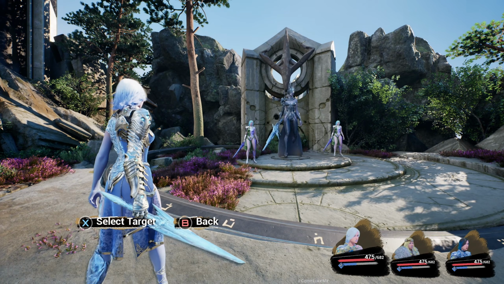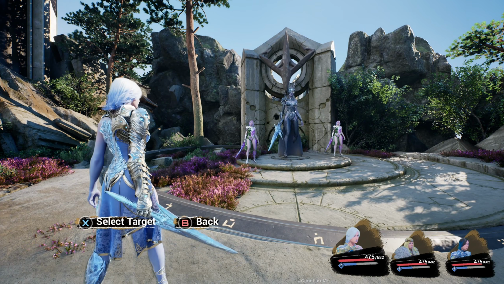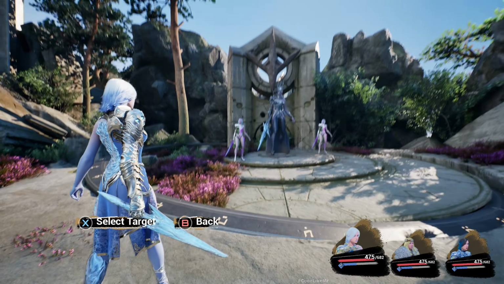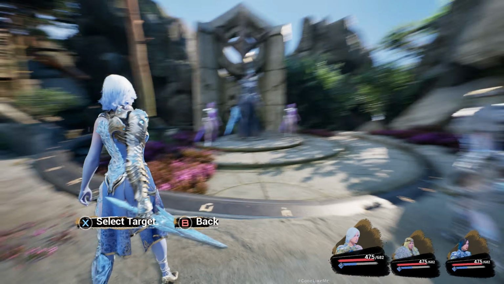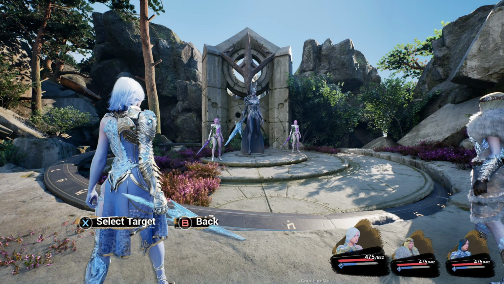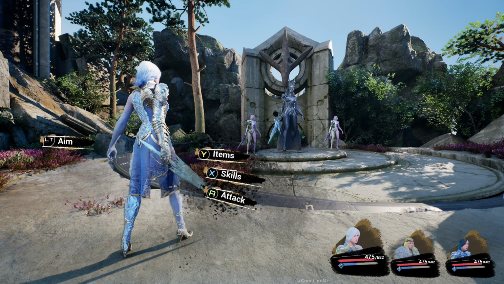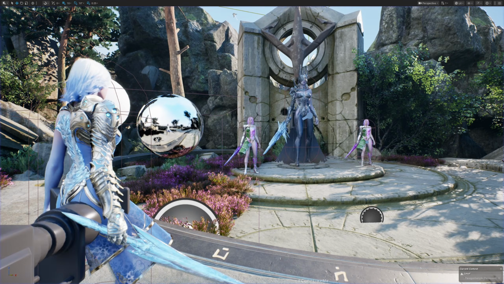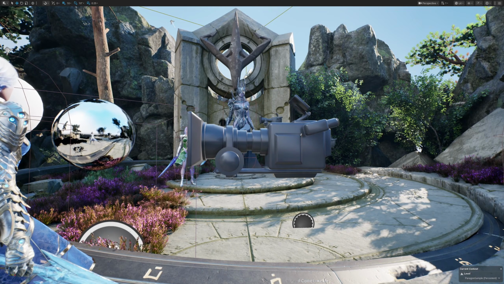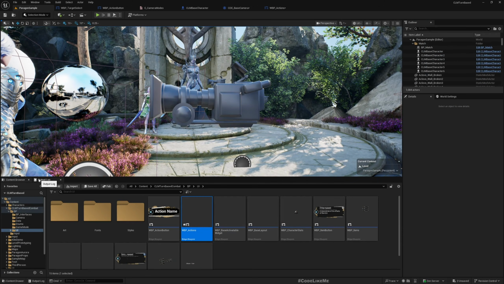Okay. Yeah, select target back. But we are using the camera rig for aiming, so that's why we can move around with the mouse. We don't need that. So we need to set up a separate camera rig. So let's go to our camera,